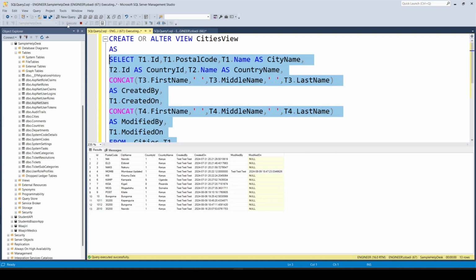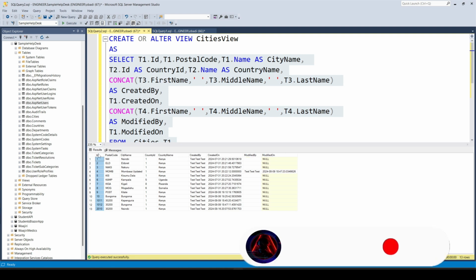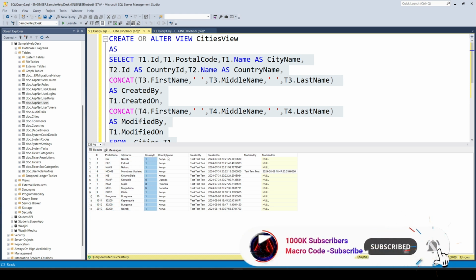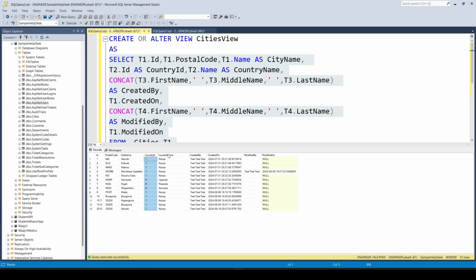So I'll just do select. So you can see it is now giving us the ID, the postal code, the city name, county ID, that is the country ID, the country name, the created by, created on, modified by, and modified on. So what I want us to do is we need to create, so if we execute this one,